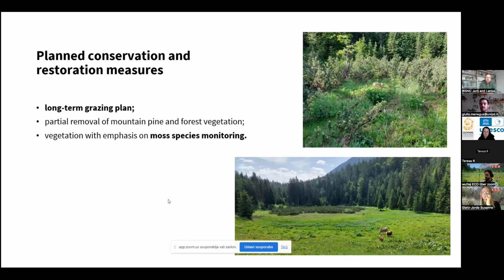problematic. And because of the previous data that we had on this area, we also know that we had to focus on the moss, on the vegetation studies, especially on the moss monitoring study. We also predict that the mountain pine is already overgrowing, so we predicted some measures of cutting the and removing of